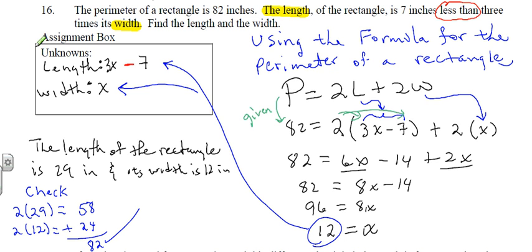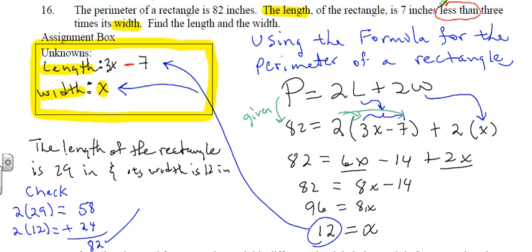So I go to my assignment box. It's very worthwhile for you to make this assignment box when you're solving these word problems. The two unknowns are the length and the width. Now, as mentioned in class, when you have to decide which one to let x represent, notice it goes length, then blah blah, then its width. Since the width is the second unknown introduced in that sentence, I let x represent the width. Now, to get the length, it says that the length of the rectangle is 7 inches less than